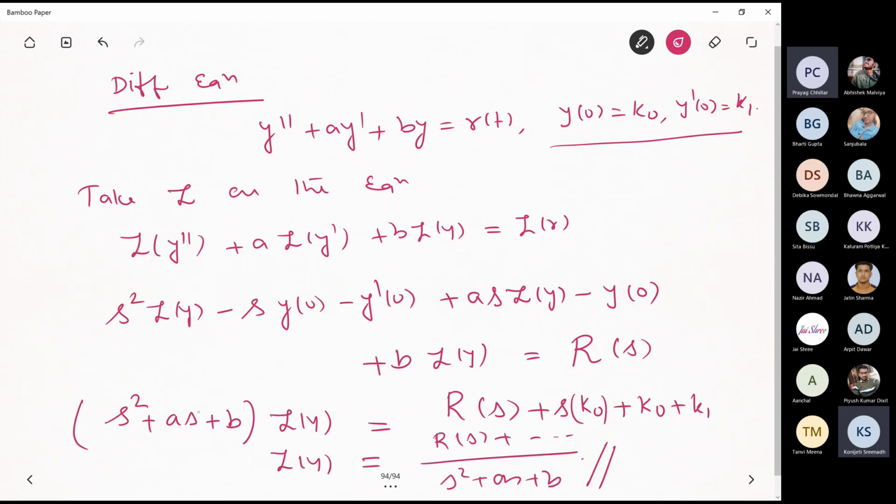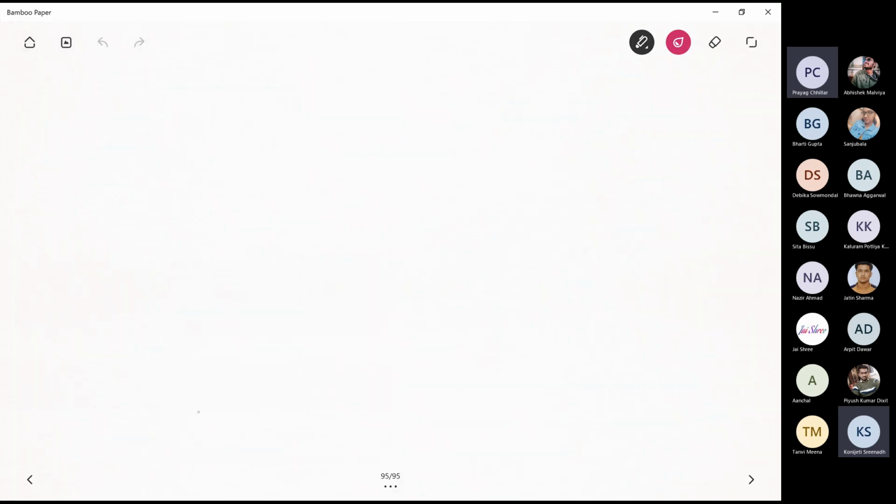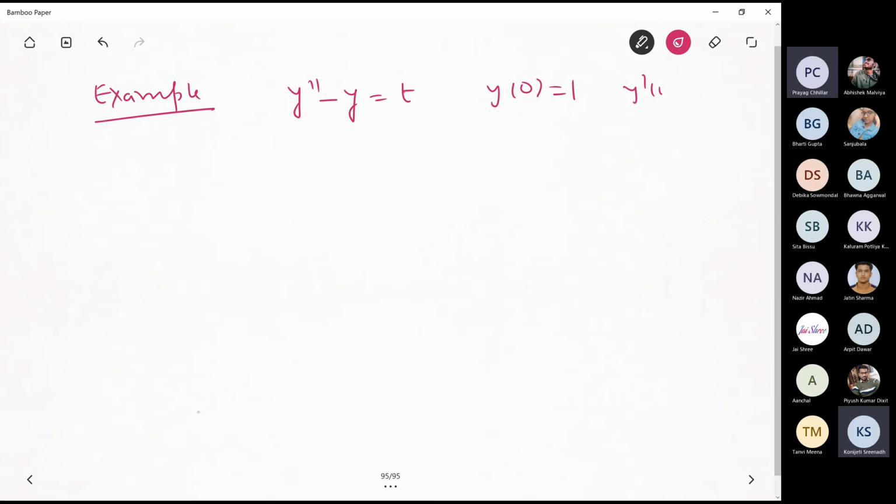Generally it is not possible to find it; there are some assumptions under which it exists and where it doesn't exist, but for some equations we can always find the inverse Laplace transform. So an example: we take y double prime minus y equals t, y at 0 is 1 and y prime at 0 is 1. Okay, so by taking the Laplace transform,